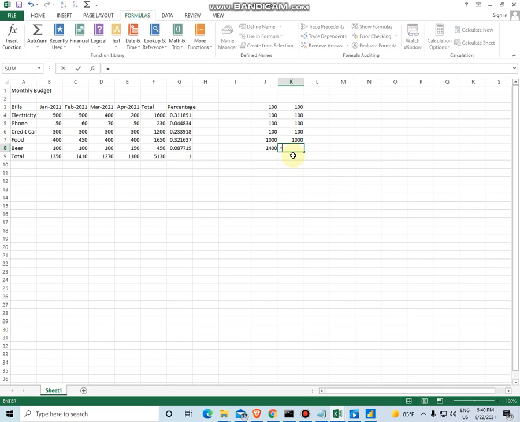Starting with the equal sign, we type sum, and that is the sum function. Double click, it opens the parentheses, and we must mark the range of cells: first cell, then this sign, and last cell in that range. Close the parentheses and hit the enter key, and we got the same result. This is correct, but this is the faster way to sum up the values.